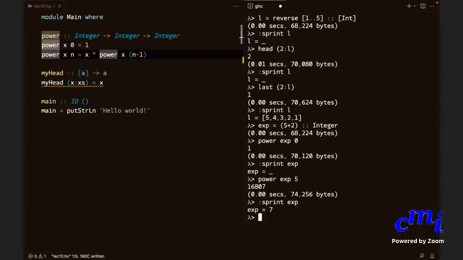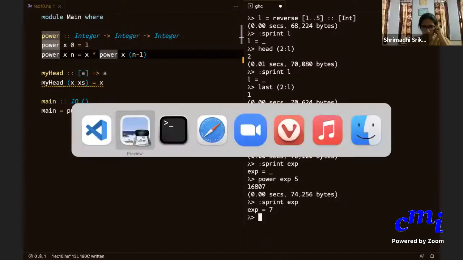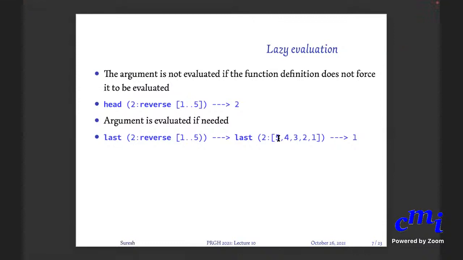Okay, so basically this is all there is to the execution model of Haskell. It will take an expression, it will use the user defined rules, it will keep on simplifying. Only thing is it reserves the right to evaluate something only when it needs it. So that is why it is called lazy evaluation. And lazy evaluation is very, very nice because it offers you the power to work with what are called infinite lists.